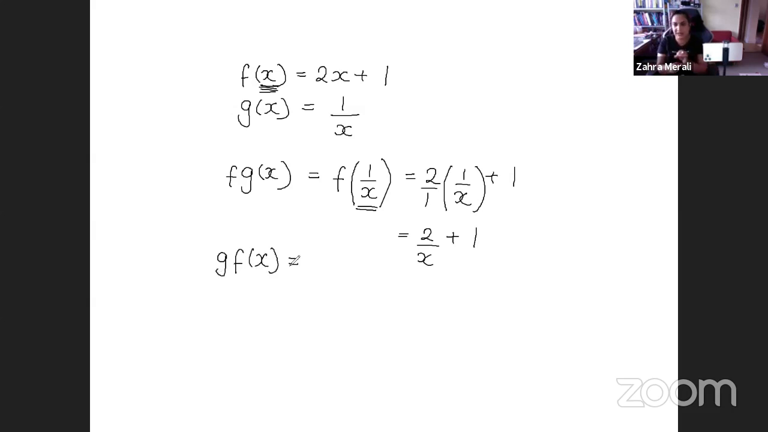So now I'm putting f into g. So it's the same as g of 2x plus 1, which would just be 1 over 2x plus 1. So some other things we can do with that. If we keep those same functions,